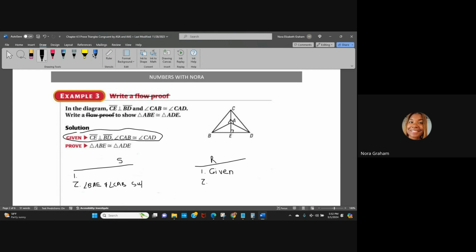Supplementary means when I add them together, they will equal 180. I'll just put sup. And then I also know that angle DAE